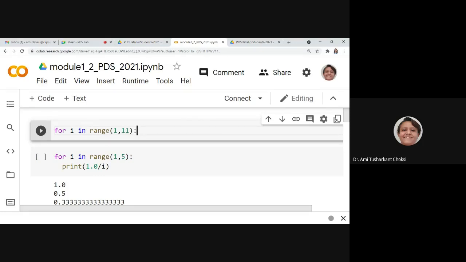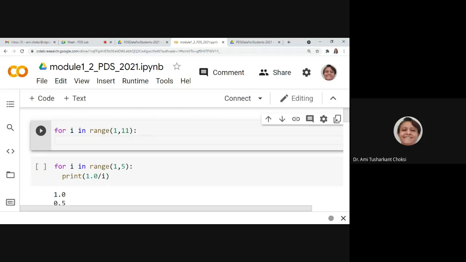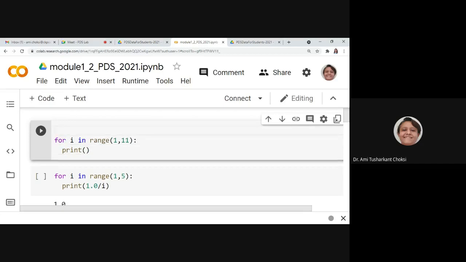So for i in range 1 to 11, what should we do is print. N is required for us. n is equal to 5, right? Then only we can say we'll be having what? And what we want to print? n multiplied by whatever is our i, right?